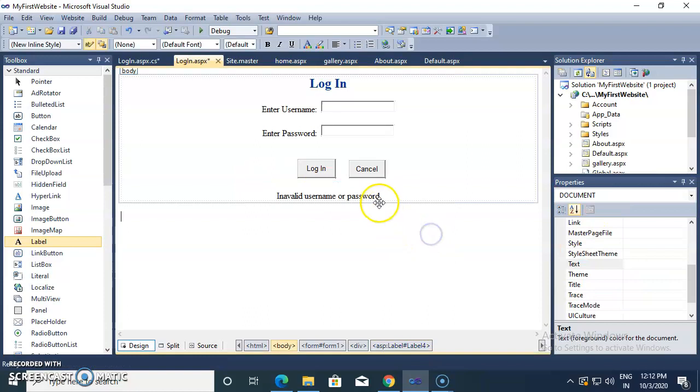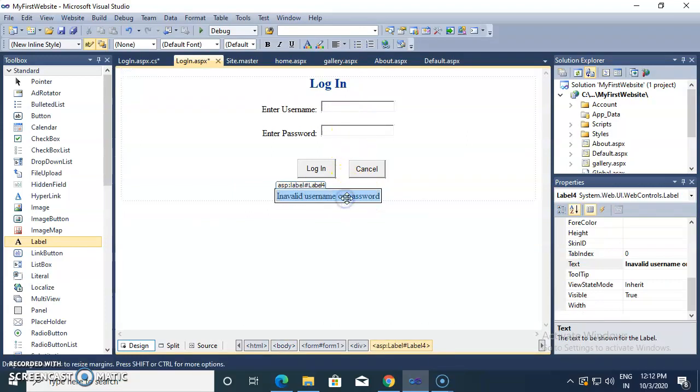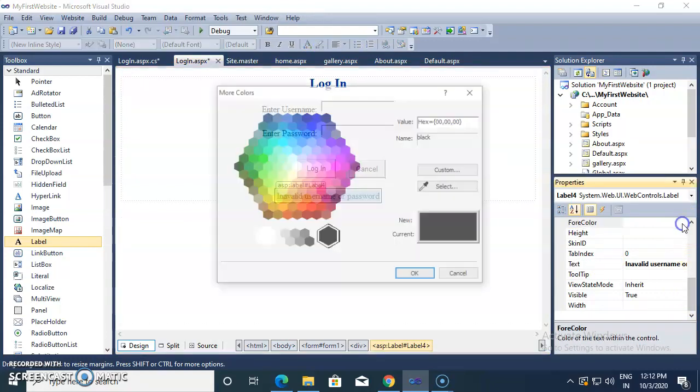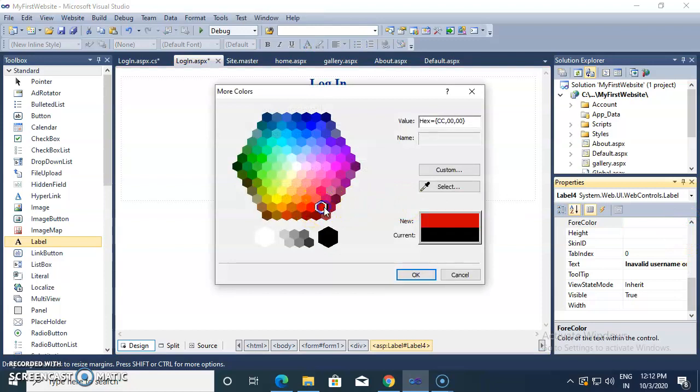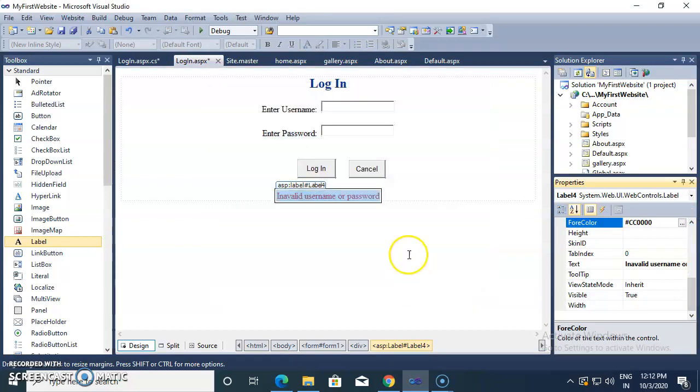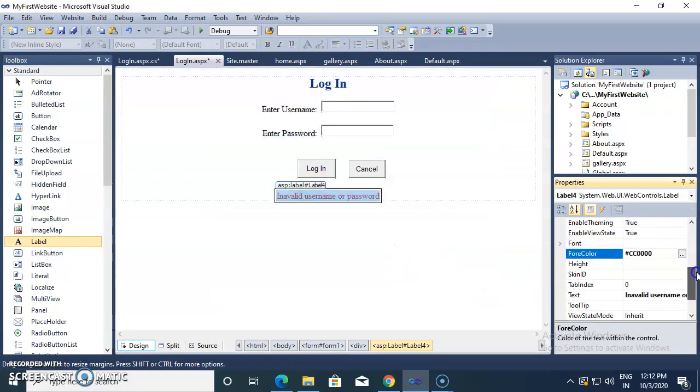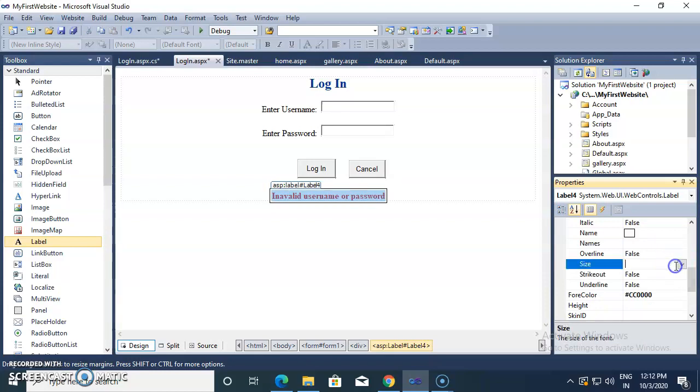This error message we need to display if the user gives incorrect credentials. I am giving the foreground color as red because this is an error message. And if you want to change the font, you may give a different font size.